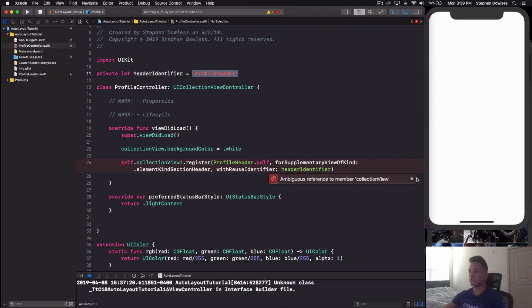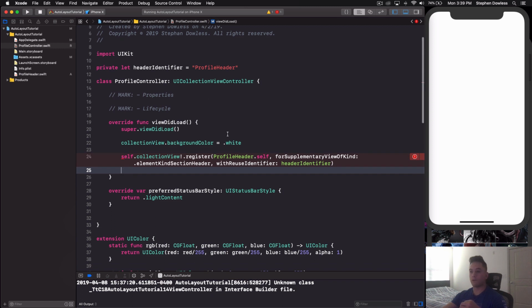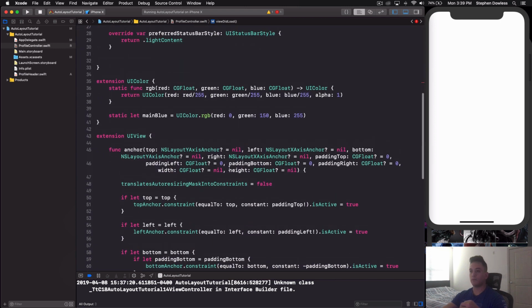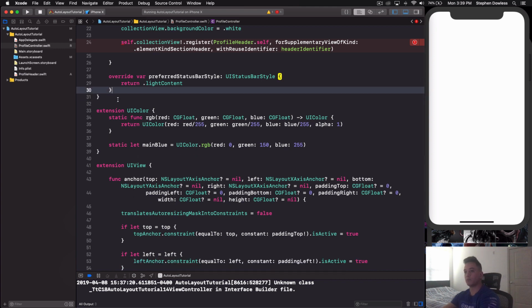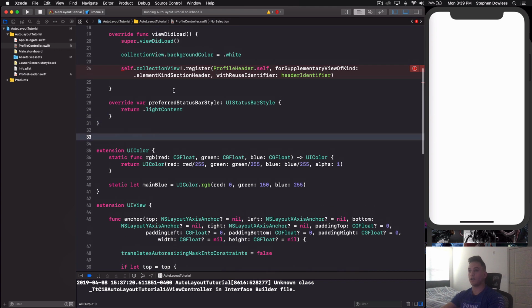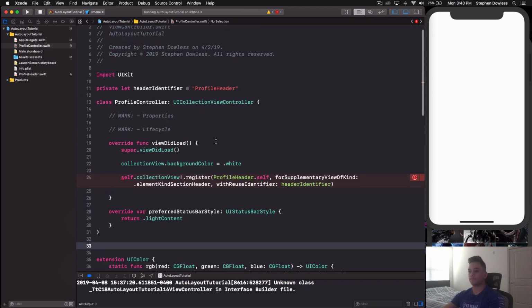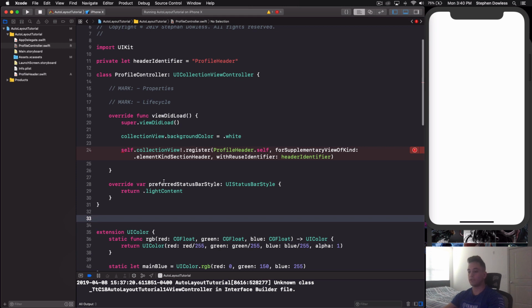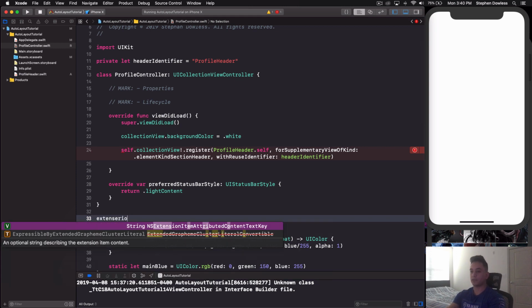So let's see, ambiguous reference to member collectionView. That should be fine. Don't worry about that for now. Okay, so that's looking good. Now we need to go and create some more extensions here. So we've registered the header. Now what we need to do is create some extensions